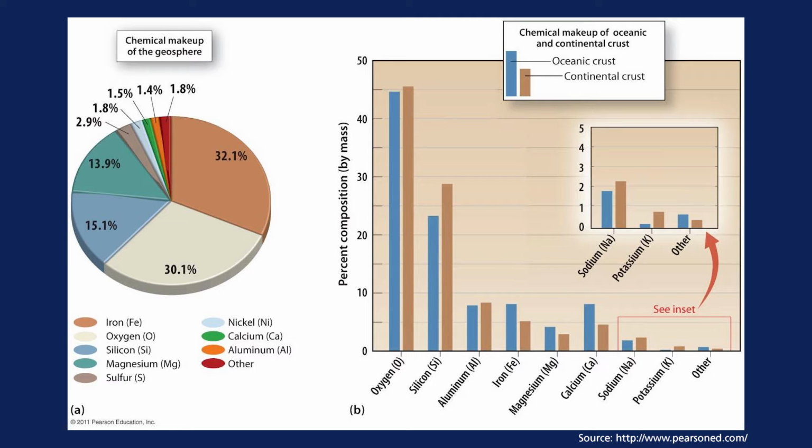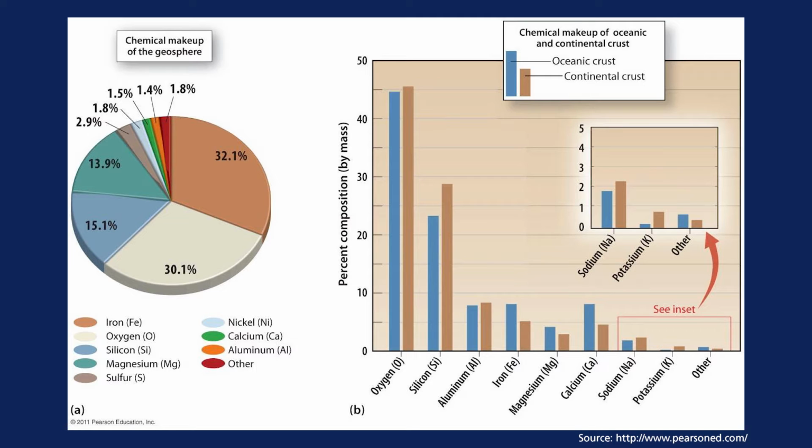As you see, there's slightly more oxygen in the continental crust than the oceanic crust. Silicon is much higher in the continental crust than the oceanic crust. Aluminum is slightly higher in continental than oceanic. Iron in the oceanic crust is higher, partly because of, as you remember, the depth. Iron is somewhat dense, and so it will be lower in the crust, and also there's a very high composition of the core of the Earth is